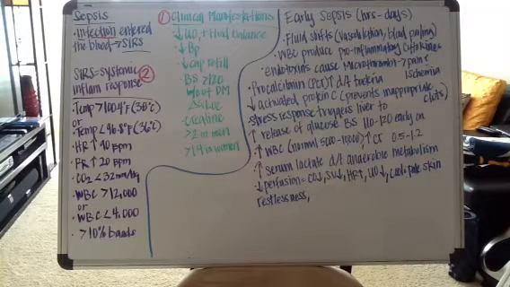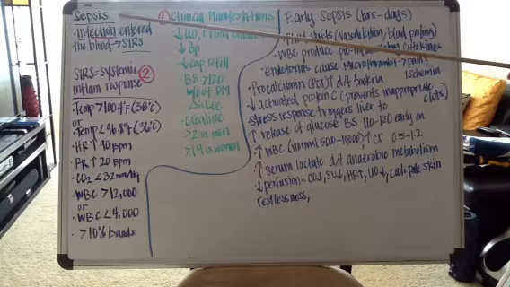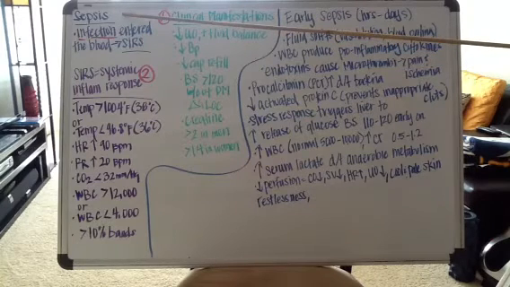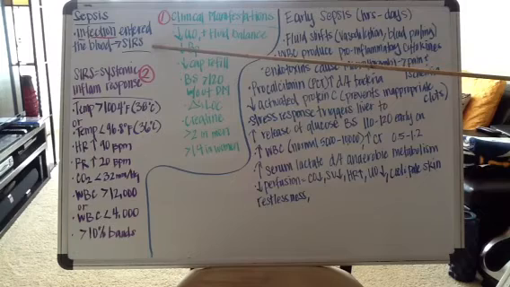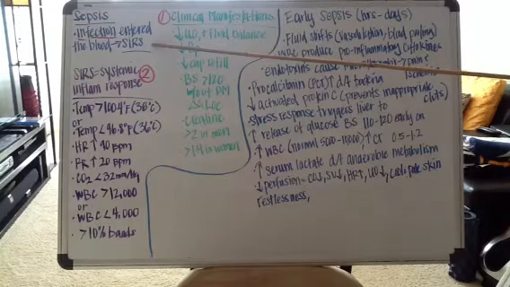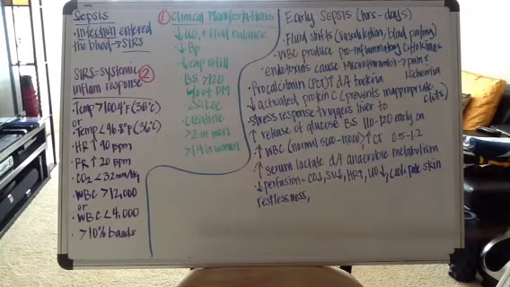So sepsis. Sepsis basically starts with a local infection that enters the blood, and that infection leads to the systemic inflammatory response syndrome, and that's basically what sepsis is. Organisms that normally cause sepsis can be gram-negative organisms such as Klebsiella, E. coli, or Pseudomonas, or even gram-positive organisms such as staph or strep. And in patients who are immunocompromised, like your patients who have cancer or HIV, even fungal infections can lead to